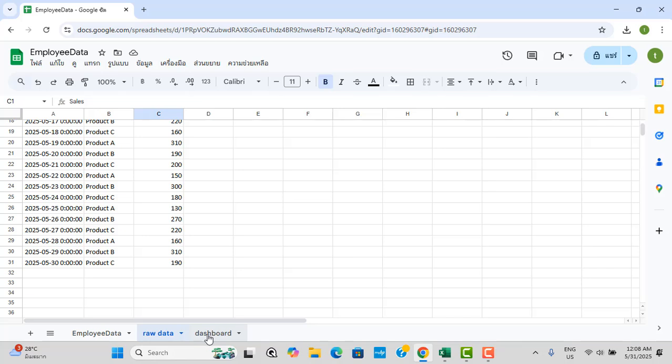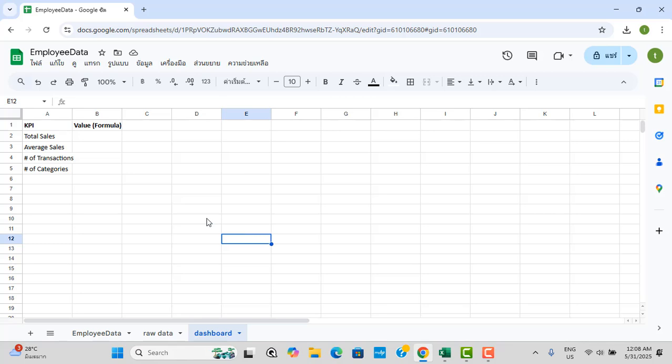worksheet called dashboard here. With the dashboard, you put the KPI and then the value, and you have to learn how to insert the formula. The first one is gonna be the total sale, then you put on the formula with the equal to